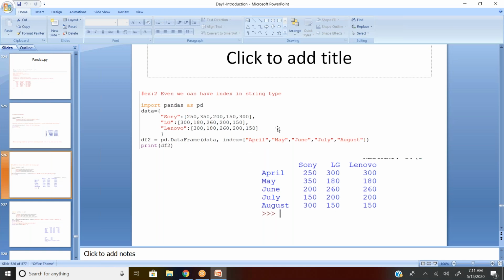So I'm giving my own index equal to April, May, June, July, and August. When you say print df2, you can see that in place of the numerical index 0, 1, 2, 3, 4, I have strings now. I can give my own index.